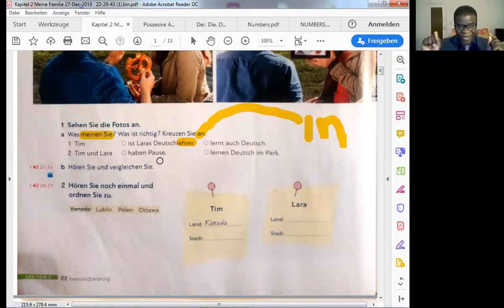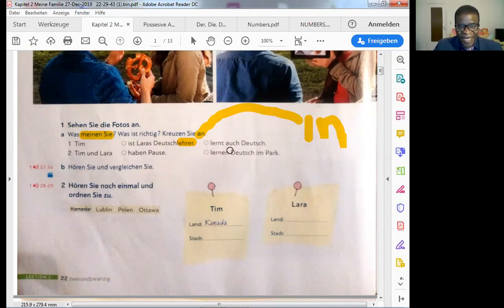We remove the apostrophe in German. When we are possessive, we just add S directly, like here, Lara's Deutschlehrer. Take note of that. No apostrophe.